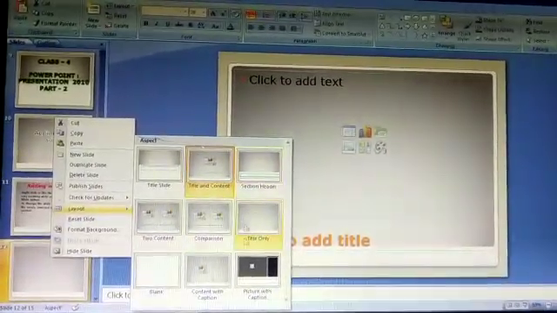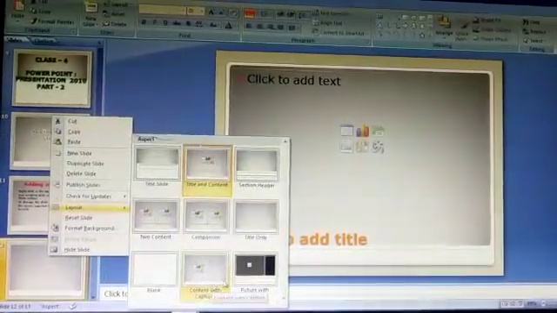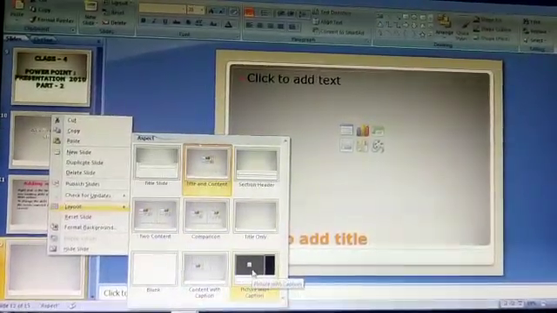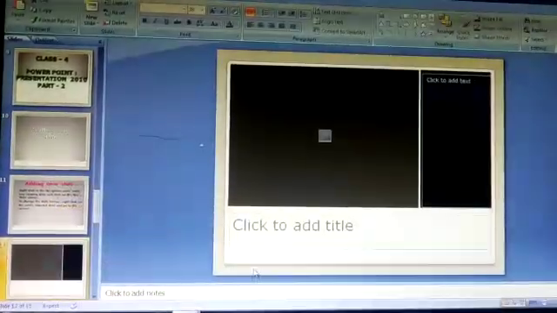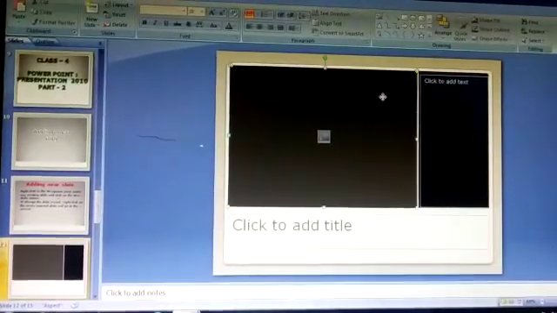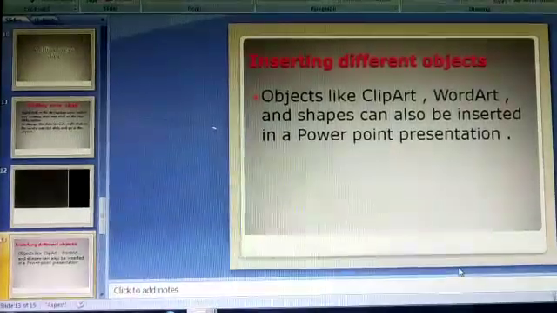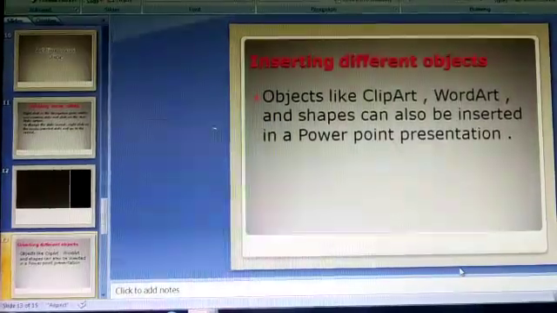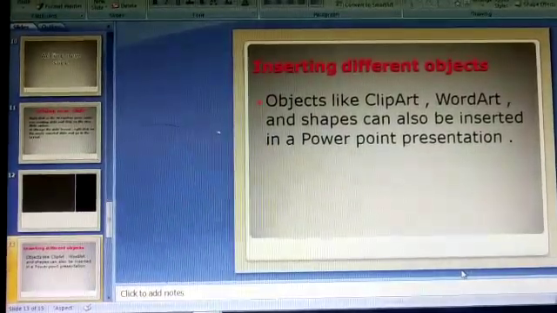Whatever you want according to your convenience, you can choose from here. I choose this option, picture with caption. Click here. You can see this layout come here. Students, I hope you understand how to add a new slide or new page in your presentation.